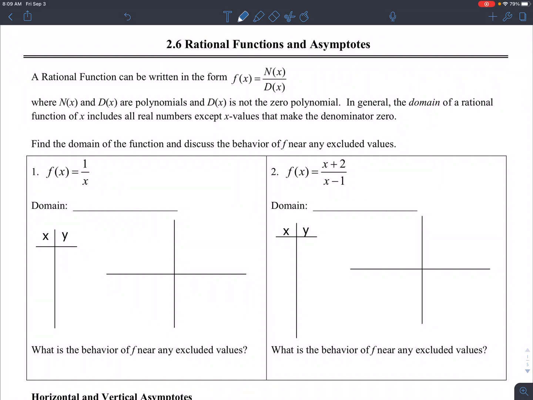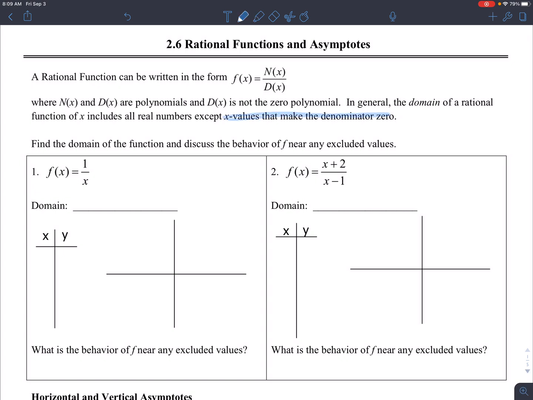2.6 Rational Functions and Asymptotes. A rational function can be written in the form f of x equals n of x over d of x, where n of x and d of x are both polynomials, and d of x does not equal 0. In general, the domain of a rational function includes all real numbers except any x values that make the denominator